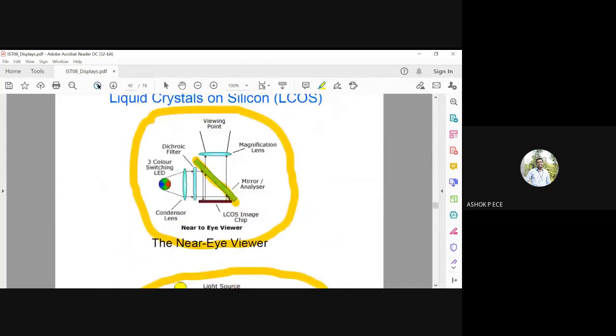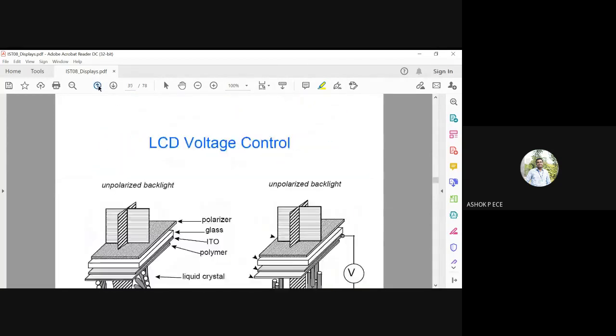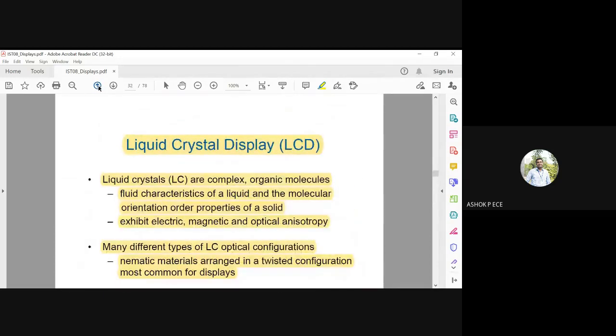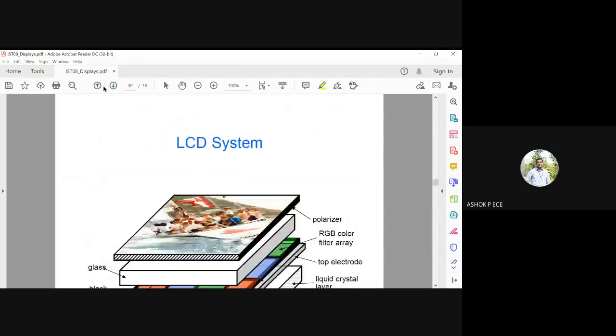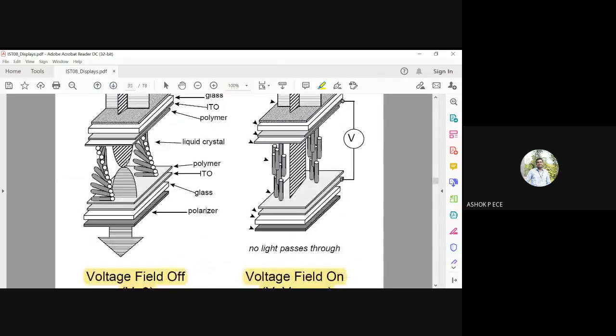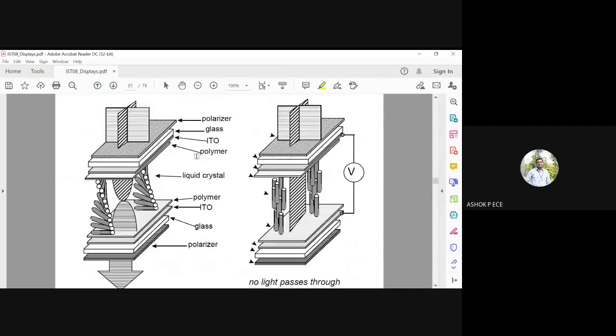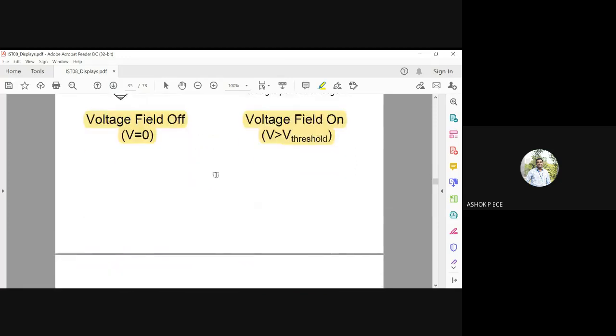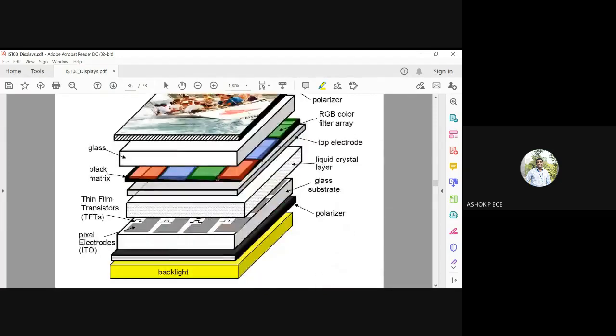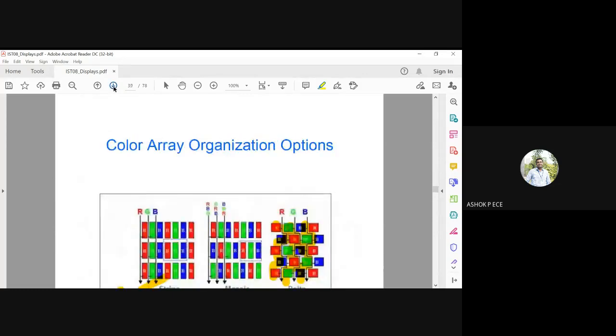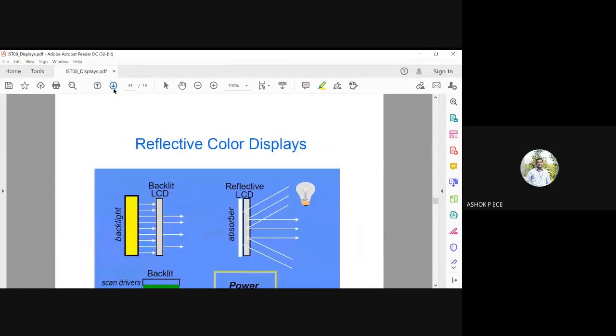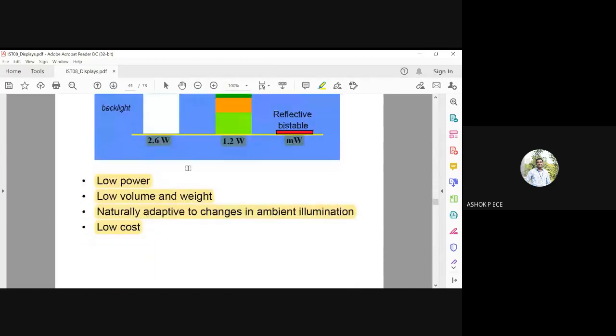For the LCD, remember the basic thing is going to be the twisted nematic crystal. So this diagram should be making things clear for you. As you have the nematic crystal, when I am not applying any voltage, the crystals are twisted and they allow the light propagation to happen. When I apply a particular voltage, these crystals are oriented and they will be opaque to the light. This is the simple working principle of any LCD. So that is used everywhere in all the LCD systems, and we have seen the different organizations, and the color displays also, and how much power they occupy.